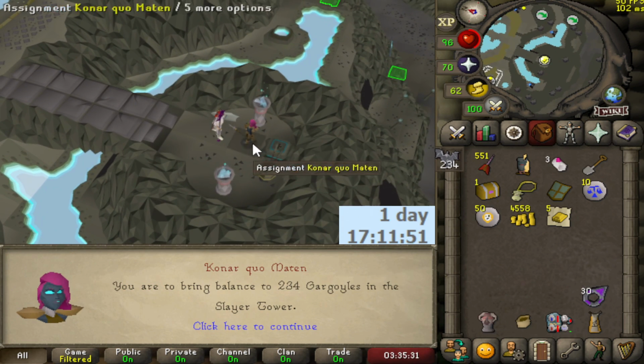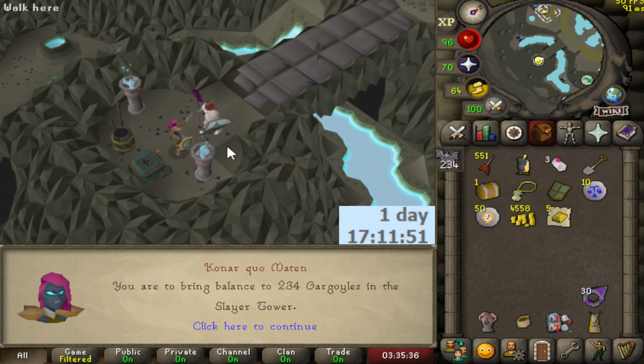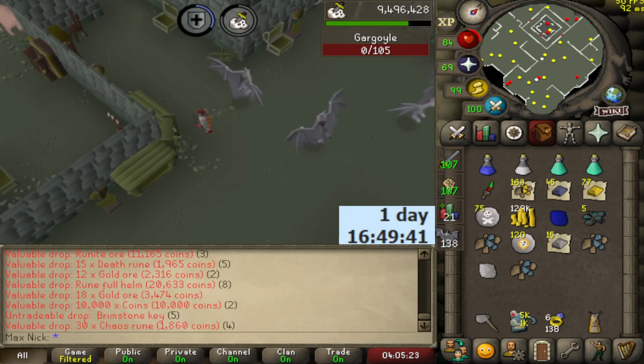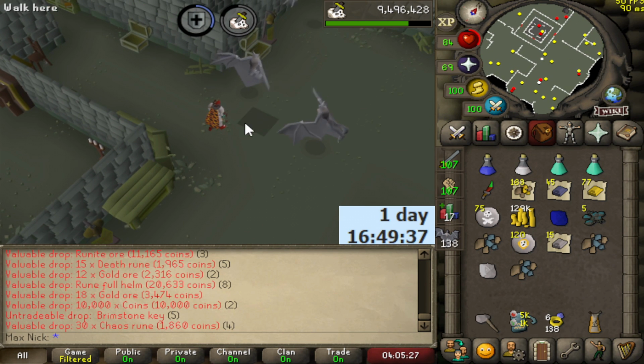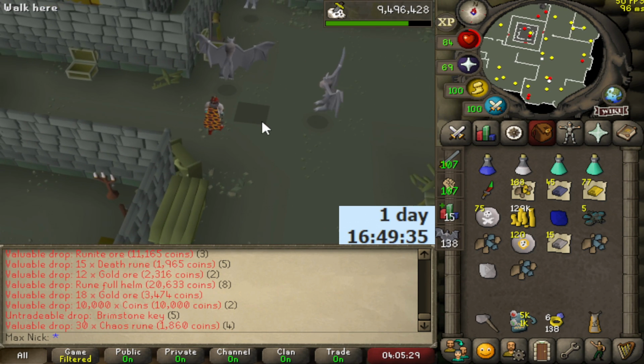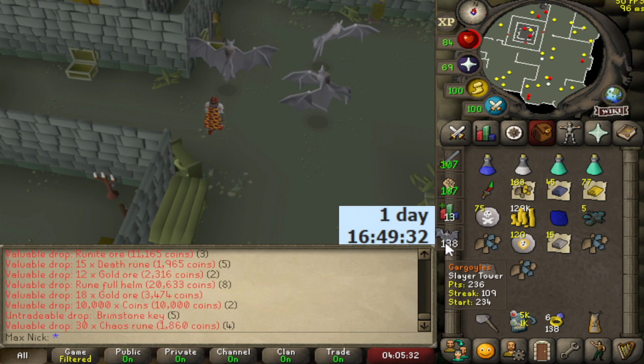Gargoyles. At least it's the Slayer Tower. Actually, I think that's the only place you can get them anyway, but Gargoyles are okay money and it's chill, I guess. I wasn't really going to record any of this task because you can't get too much interesting from normal gargoyles. I guess I could get a superior and that's worth recording, but I'm not even halfway finished the task and